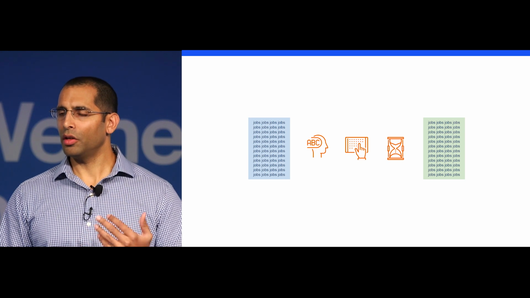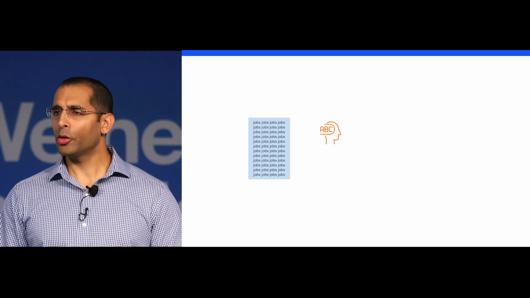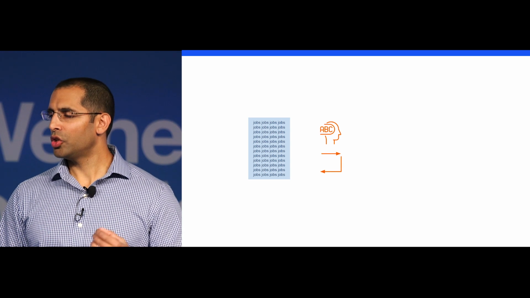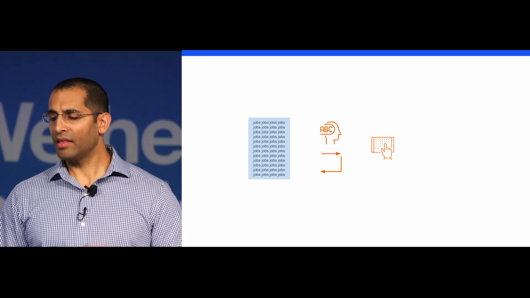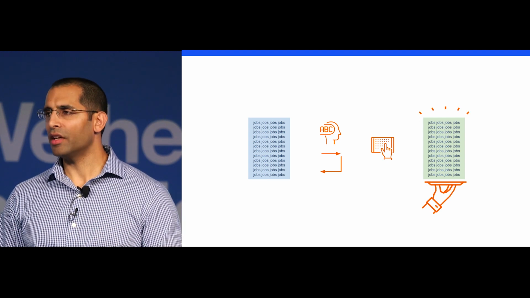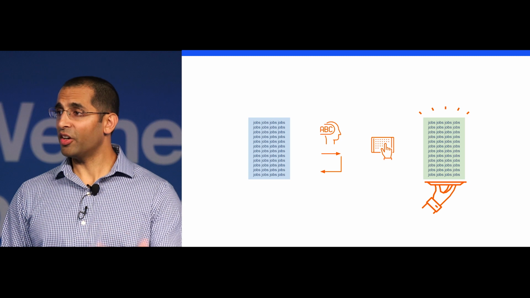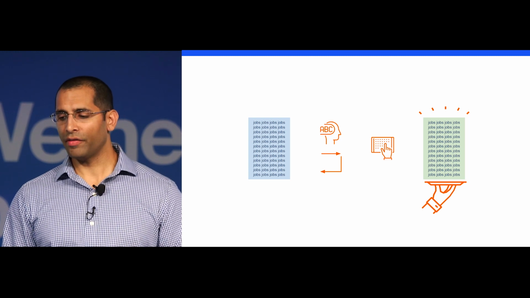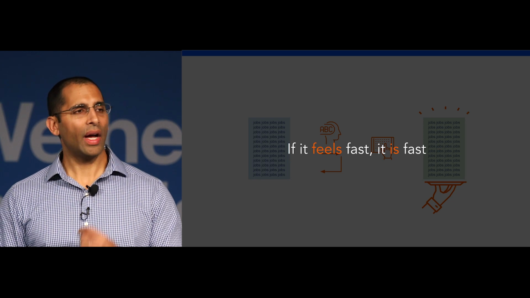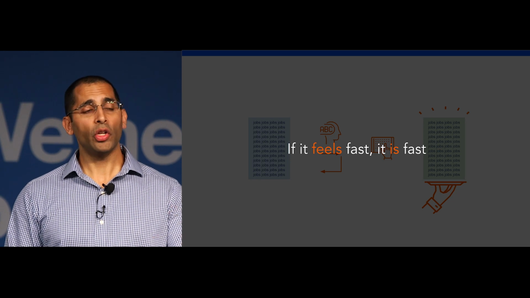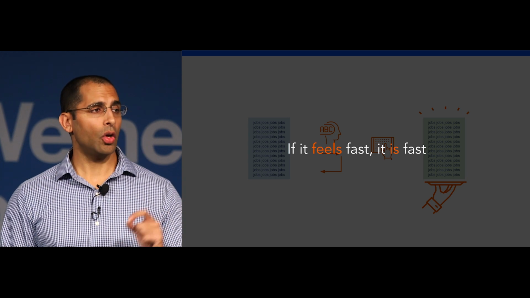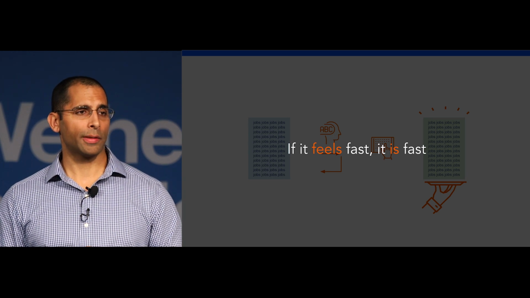So you can do it this way. The job seeker loads this page, and while they're reading all of these jobs, you initiate another request to your servers, so that when they interact with the page, boom, the next page of results is instantly available. You didn't actually make their network faster. You didn't make your product faster. But if it feels fast, it is fast. So I highly endorse cheating. But you can only recognize that cheating is good if you have an SLO that covers your user experience.